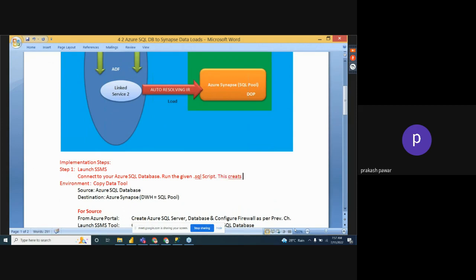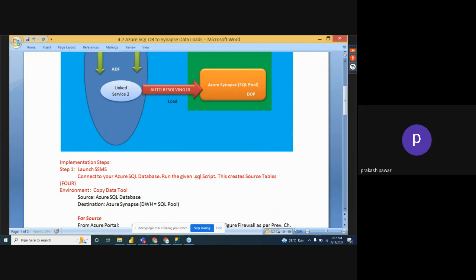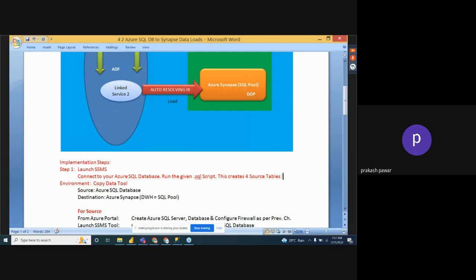This creates source tables. How many? 4 source tables. Okay. Say 4 source tables. I'll just mention. Next,